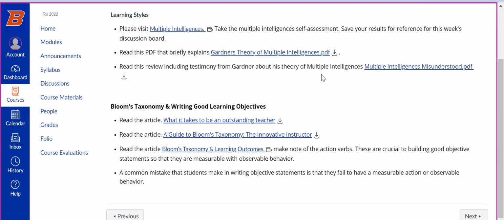The next section on learning to be an outstanding teacher is an article specific on that, on being an outstanding teacher. A guide to Bloom's taxonomy, and an article on Bloom's taxonomy and learning outcomes. Let's talk a little bit about Bloom's taxonomy. If you're in the education field for any amount of time, you will recognize Bloom's taxonomy as very common language